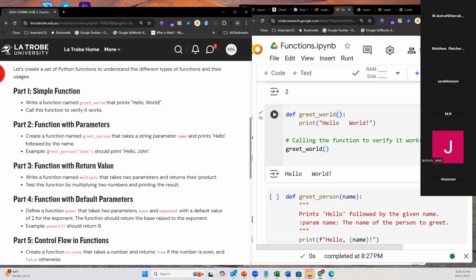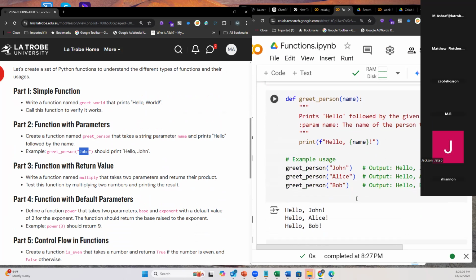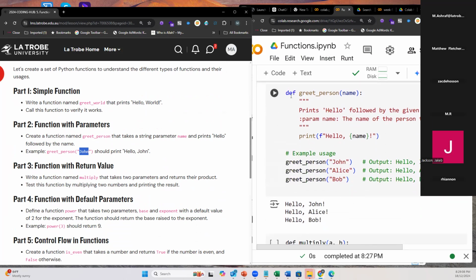So if I call the function greetPerson with John, it will print hello John. If I put Manzoor, it will print hello comma Manzoor, right? So this function has a parameter, a name parameter. If we look at this demonstration: define greetPerson name,